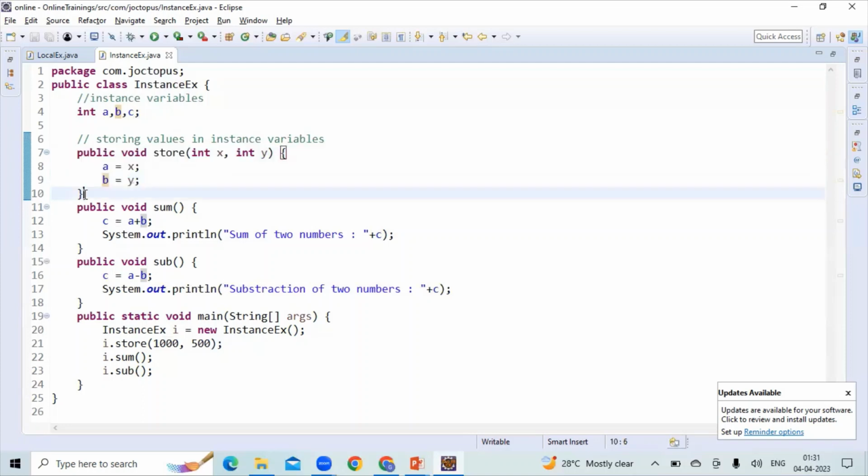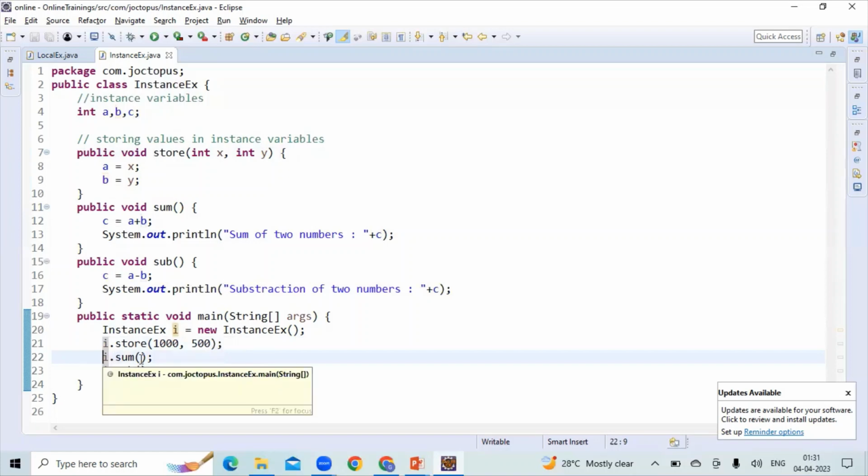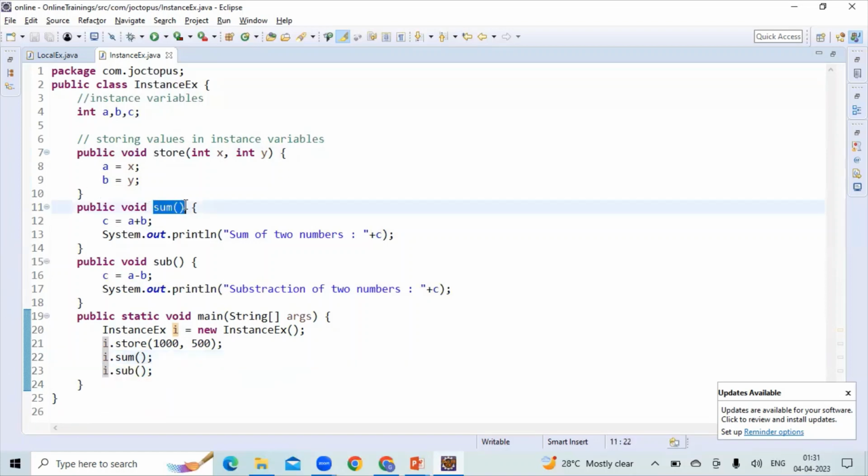So from line number 10, again the control will go back to your main method. So now line number 21 got executed completely. Then in line number 22, I'm trying to say i.sum. I'm trying to call the sum method. So from line number 22, the control will transfer to your line number 11 and it starts executing the sum